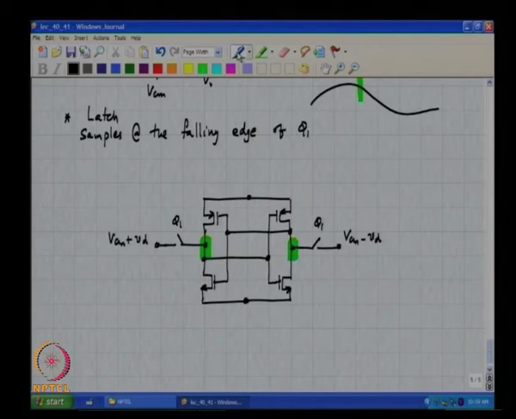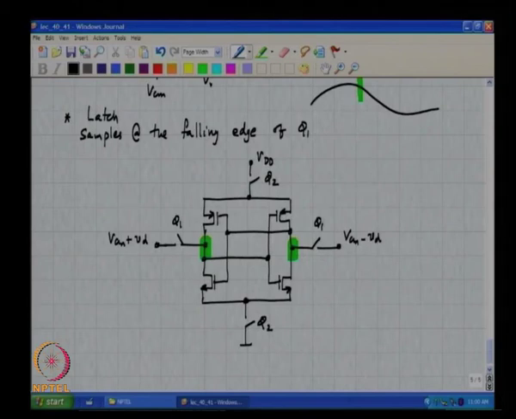Routing by cutting off the supply. One straightforward way of doing this is to have switches between the supply and these inputs, these inverters, as well as ground and the inverters' ground, so that when phi 1 is high, phi 2 is low, and as usual phi 1 and phi 2 are non overlapping clocks. So, when phi 1 is high, the input is being written into the latch.